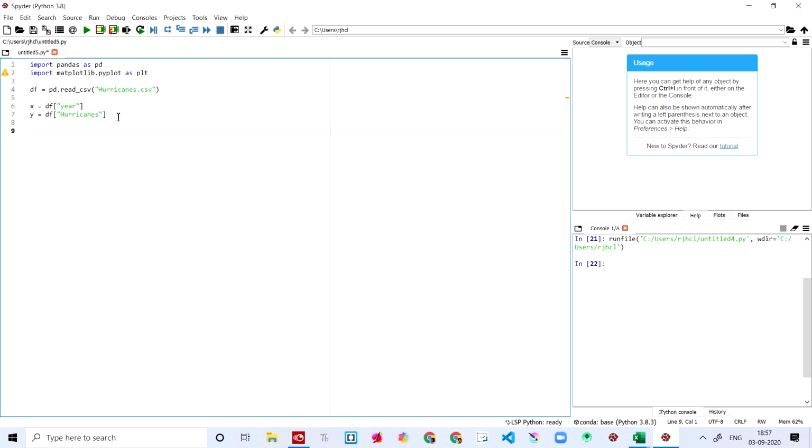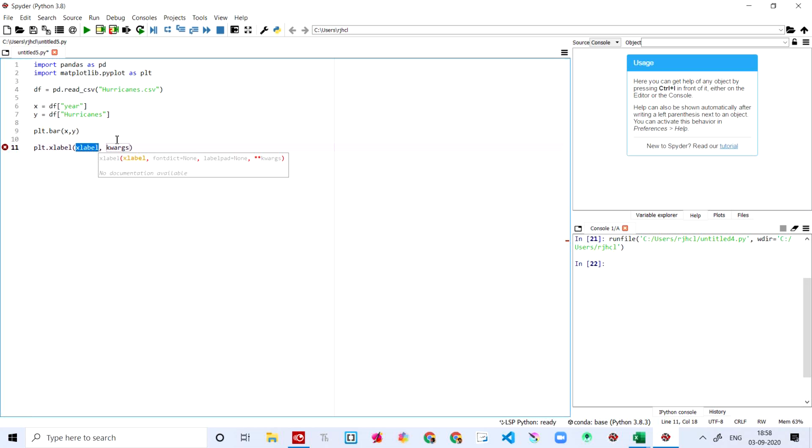Let's come down and say plt, which is matplotlib here. I'm saying plt.bar(x, y). Over here we are basically saying we have the x-axis and we have the y-axis. That's all. Then I'm saying plt.xlabel. We are labeling the x-axis as year. So let's delete this much and say year. Then plt.ylabel as hurricanes.